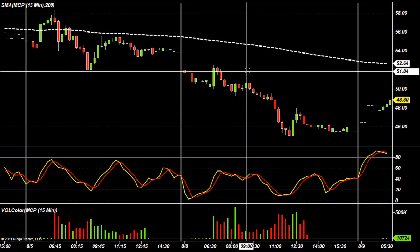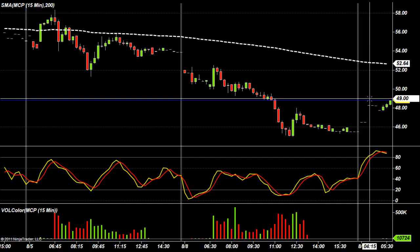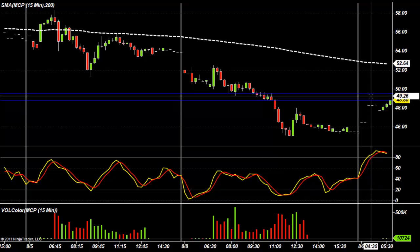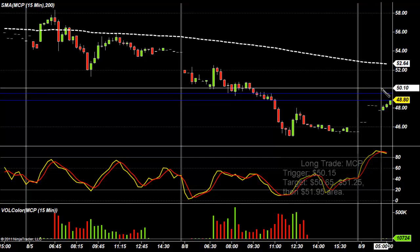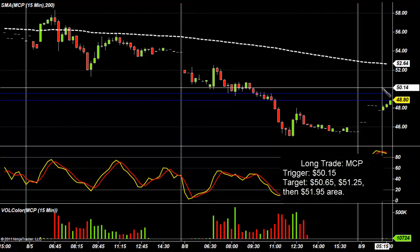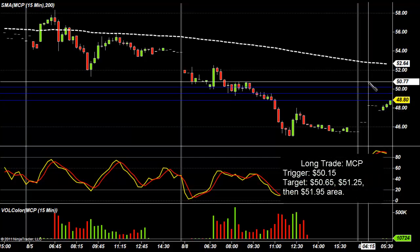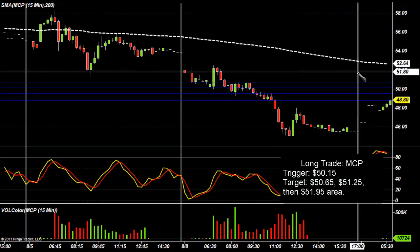Next up we have MCP, another one that's gapping up on the open. Could likely open anywhere from 48.80 to 49.50 even. Look in this area right here. We're going to actually look to take this long over 50, so 50.15 I would say, 50.15 right there. Look to take some profit around 50.65 to 50.70, that area, and then leave at least half of it to